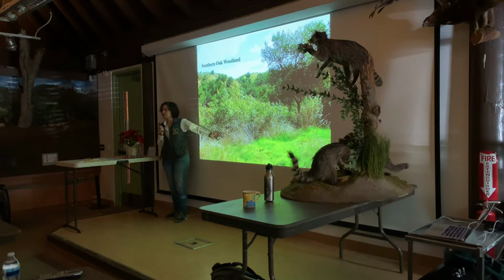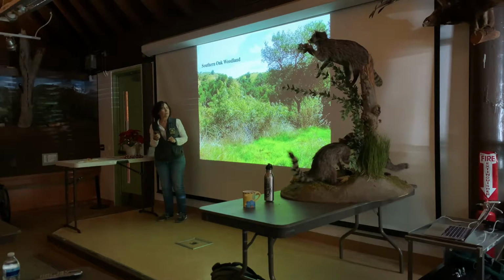So oak trees make it shady. They make fewer plants grow underneath the oak trees. If you go over to our picnic area, which is dominated by big oak trees, there's not much on the ground. And if you look in our museum, there are not many plants on the ground level, but it's relatively shady and dark and humid compared to everywhere else in the park when you're under an oak tree. And it's wonderful to be there in the middle of summer. It's like air conditioning. Yes, oak conditioning.